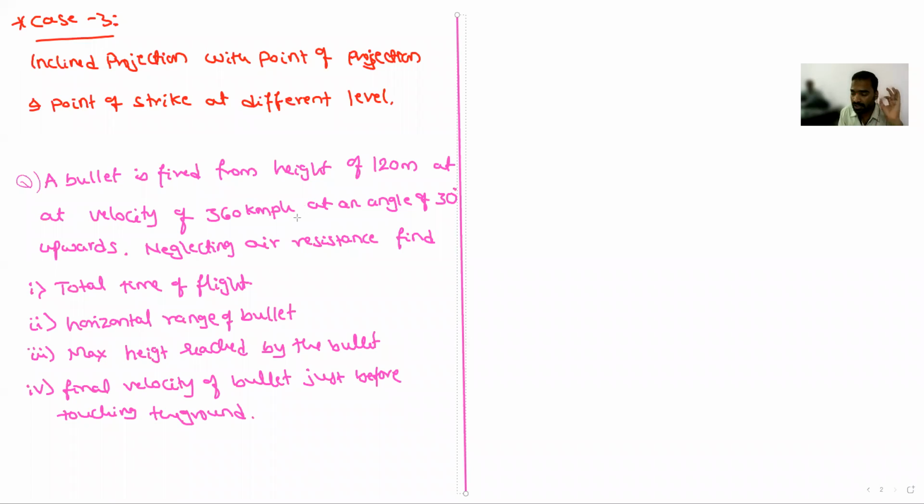Okay, if it is mentioned in the horizontal ground, then it is a case of second case. Here he has not mentioned. That's why the ground will be inclined, and he has already given a bullet is fired at a height of 120 meter from the ground only. Okay, so what I will take,